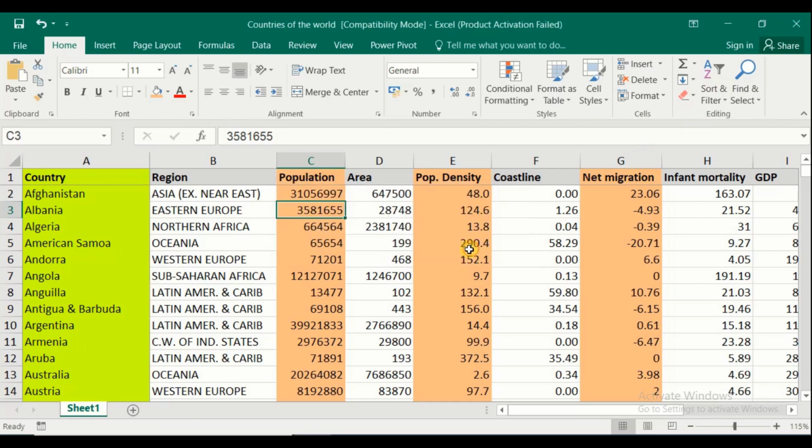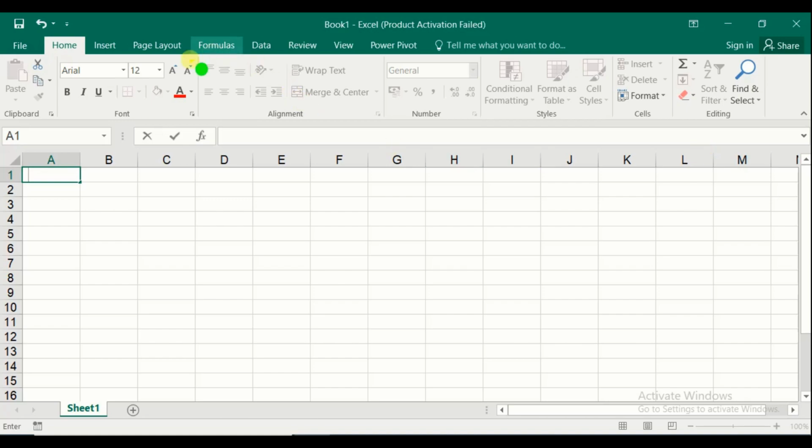Don't save. See, auto recovery works in case you are working in the file and the system shuts down without asking to save, or the system has hung. When this option is enabled in the Excel options, in this case you can simply recover the data by using these options. I am closing the file.